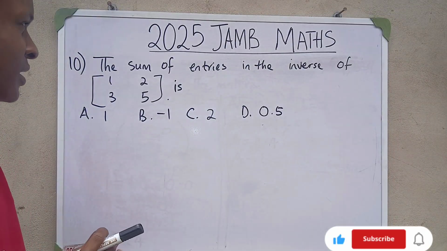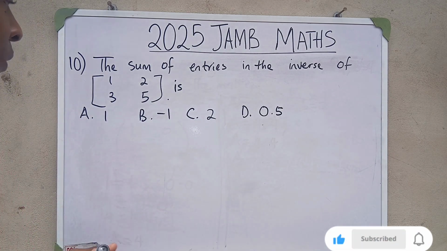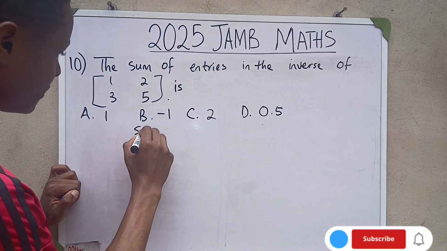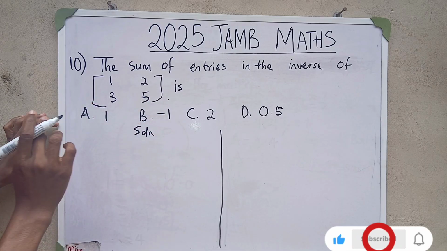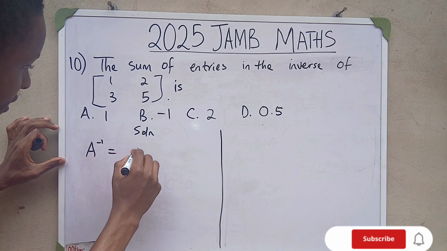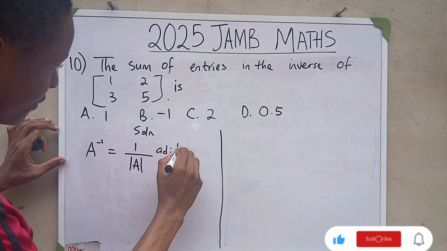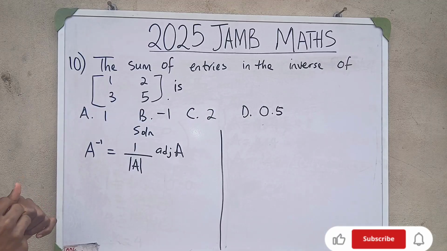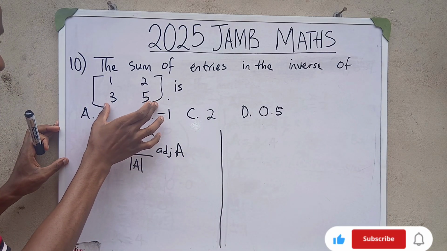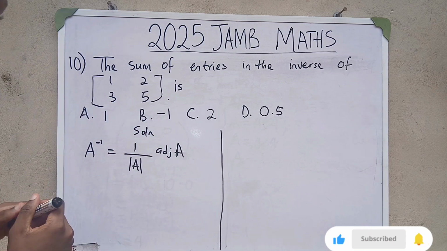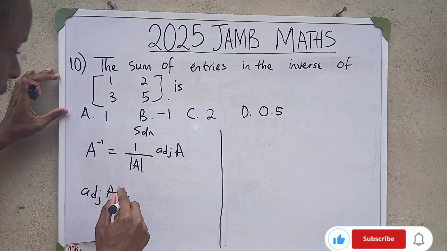So the 10th question says the sum of the entries in the inverse of the matrix 1, 2, 3, 5 is. Now, the inverse of the matrix. Let's call this matrix A, for example. So the inverse of A, A inverse, is the reciprocal of the determinant times the adjoint of A. Now, let's find the adjoint of this matrix. So we say this matrix is matrix A. So the adjoint of this matrix is,